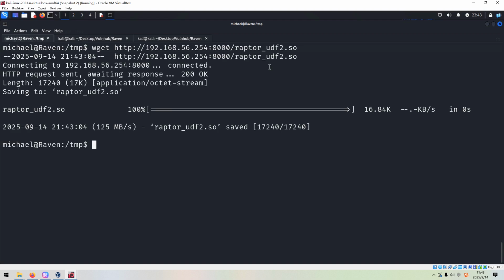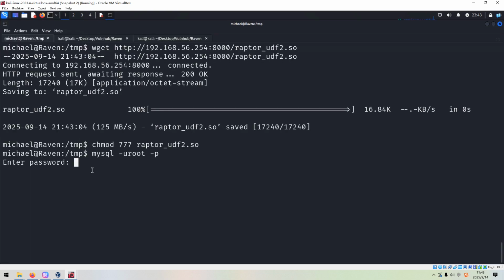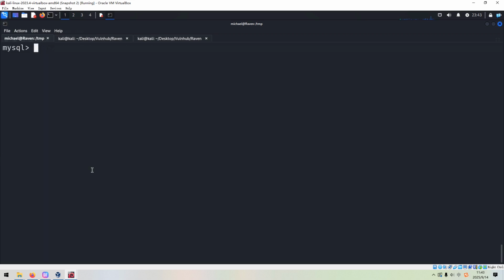And I think it doesn't matter. We can make it executable. Repeater. Now we need to connect to the database one more time. We can copy the database password from my notebook and paste in here. So now we can use the MySQL database